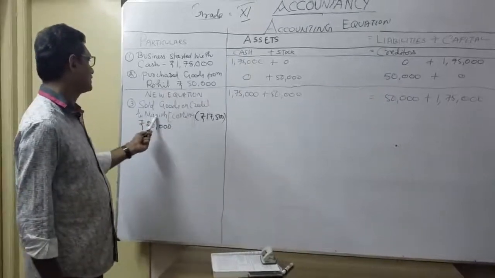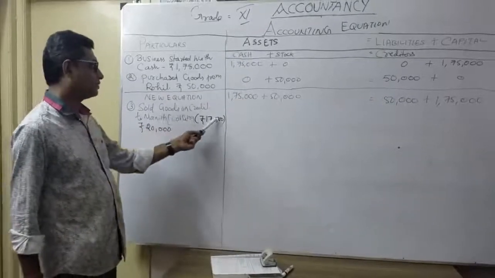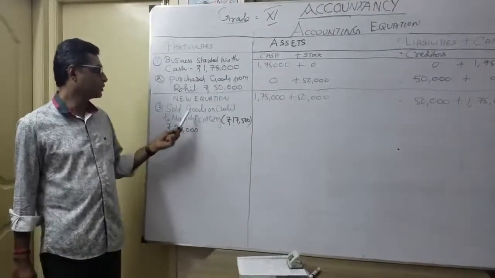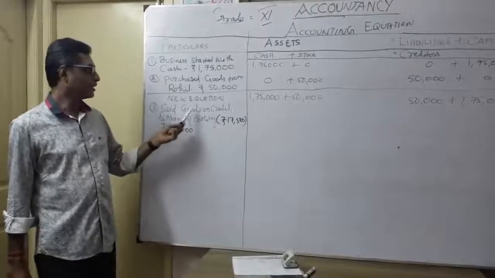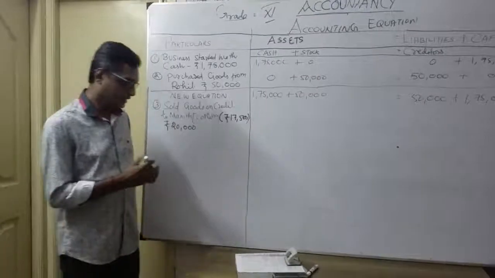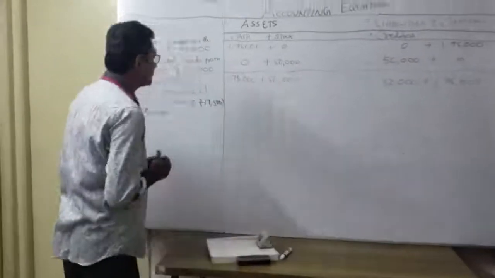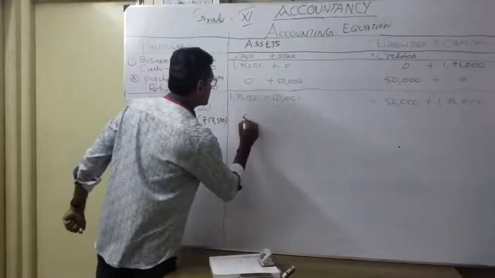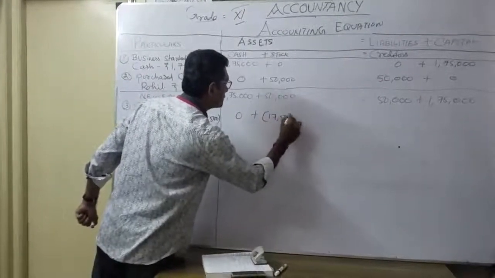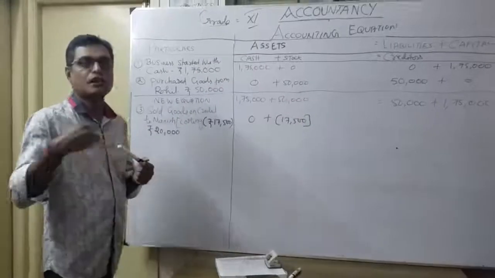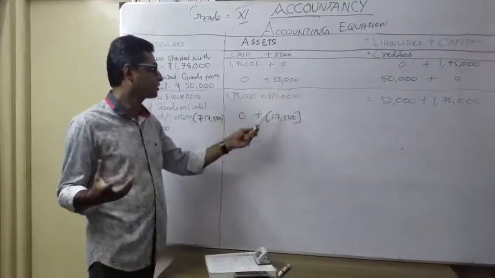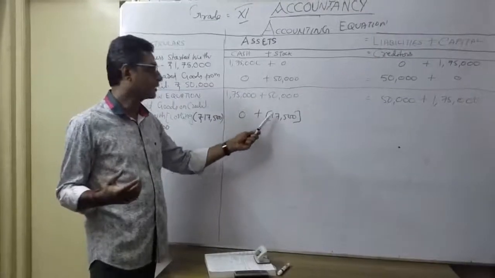on Manish. See, 17,500 worth of goods I'm going to sell for how much? 20,000 to whom? Manish. For what? Not cash. Here also credit sales. So how to enter here? See here, once I write it here, what will happen? My stock will be reduced. Now understood? I put it in the bracket. Because I sold means what? My goods gone out. Okay, that's why my 17,500 worth of goods which I shown as stock is going to reduce. That's why I am putting it in the bracket.